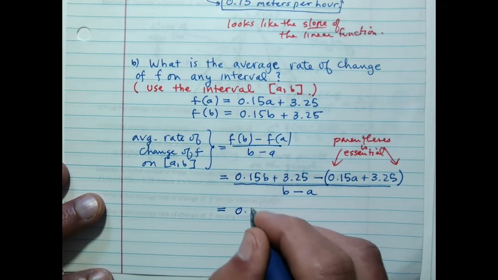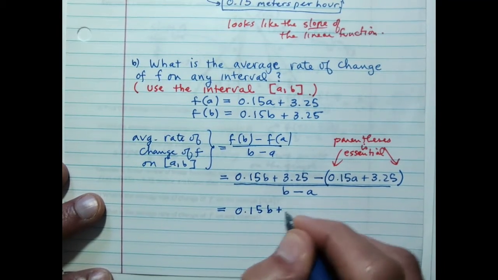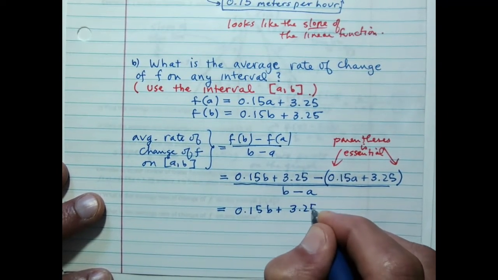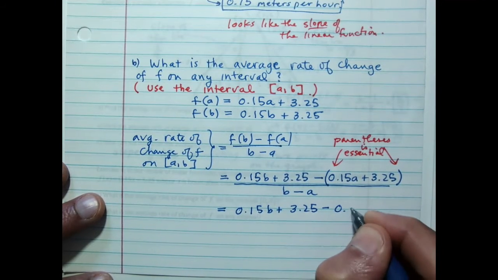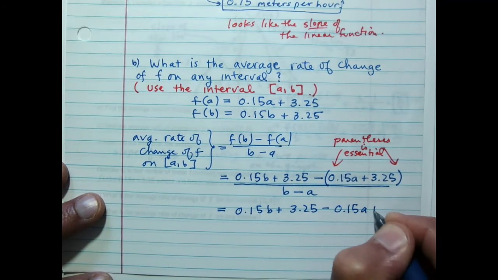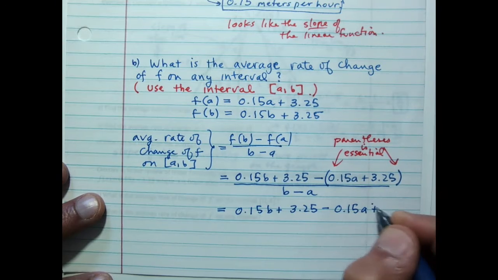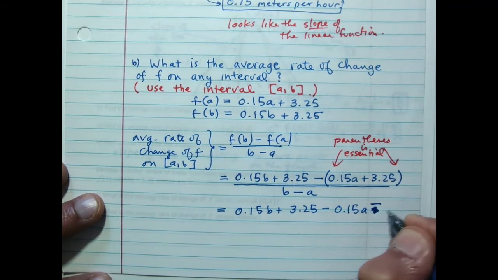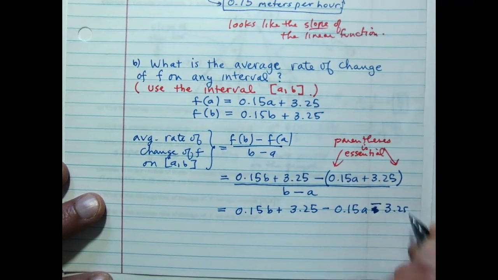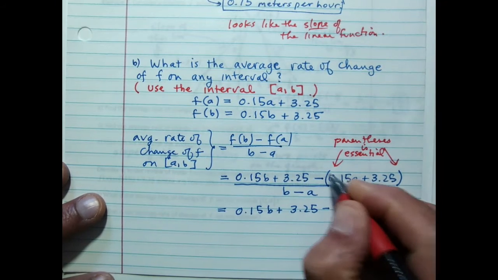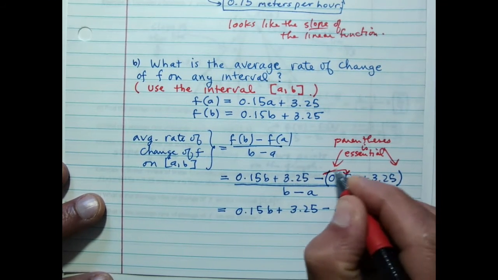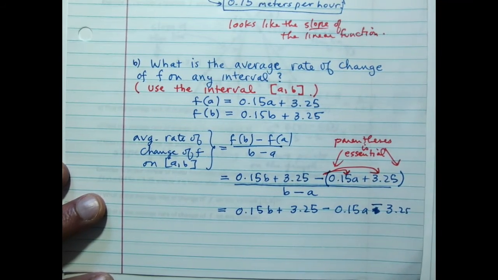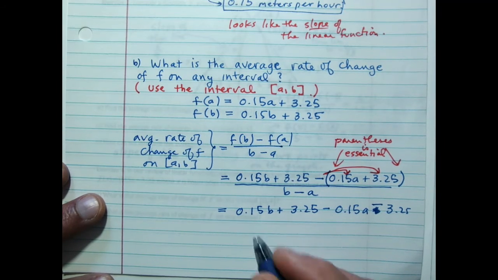So I have 0.15b plus 3.25 minus 0.15a. When I distribute, I get minus 3.25 because I'm distributing the minus sign to each of those two terms